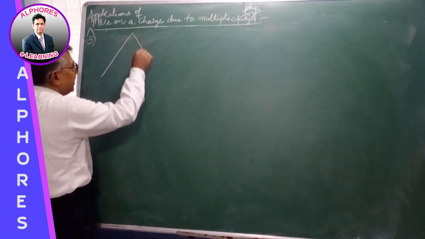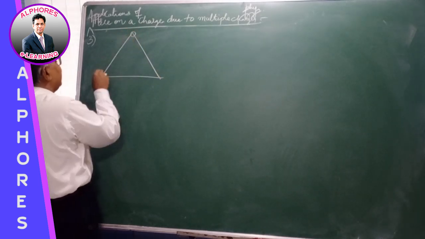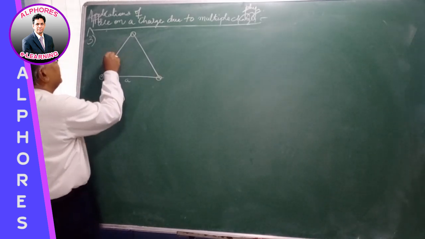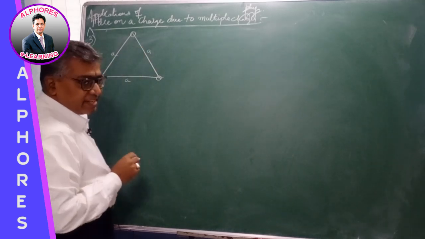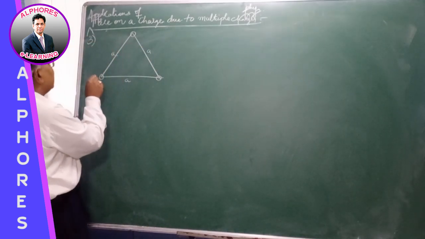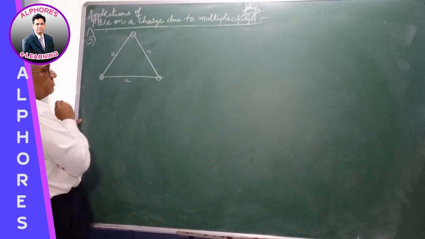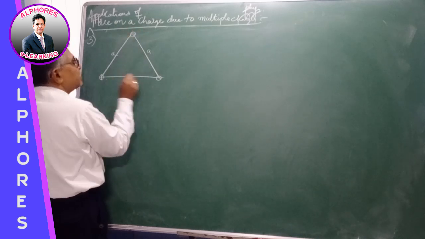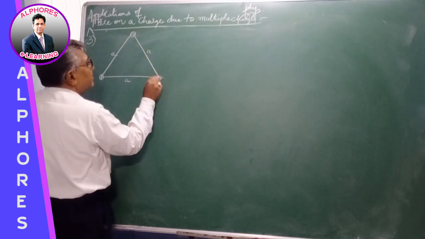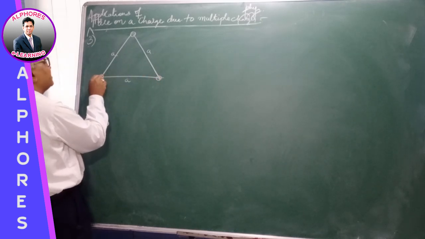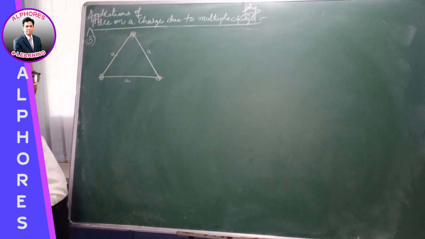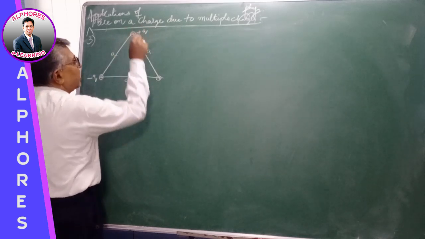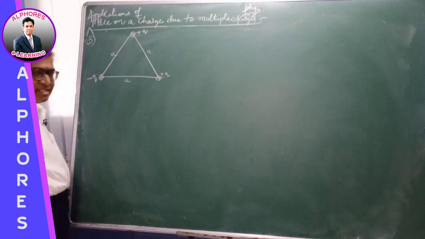Right. Now, considering the same example, but the other way. If I consider three charges on the three vertices of an equilateral triangle of side A, but this time I am taking unlike charges. Let's suppose this is positive, this is also positive, or this is negative charge. So one of the charges is minus Q, and let me take this as plus Q, and this is also plus Q, so it will be easy for you to understand.